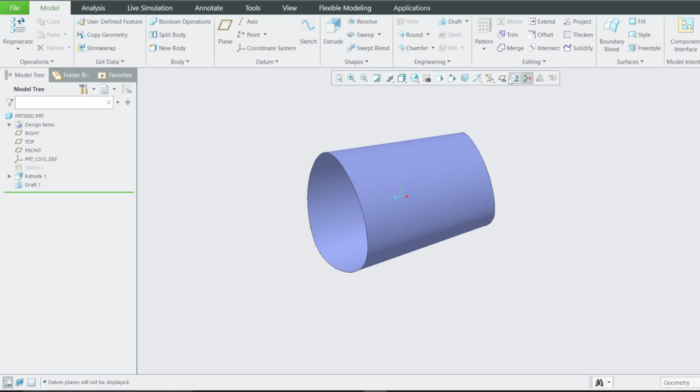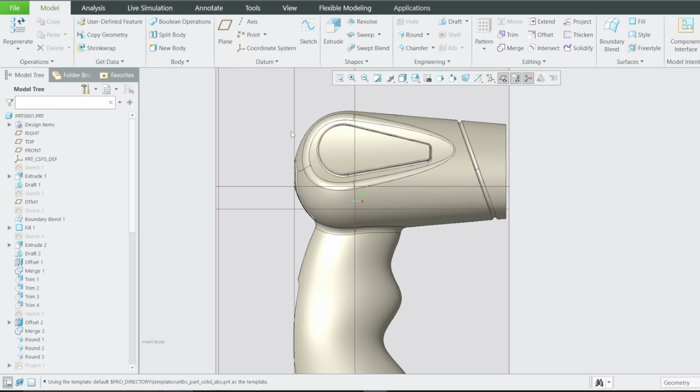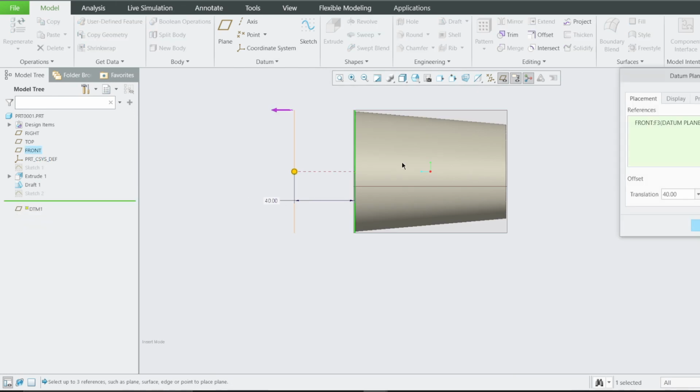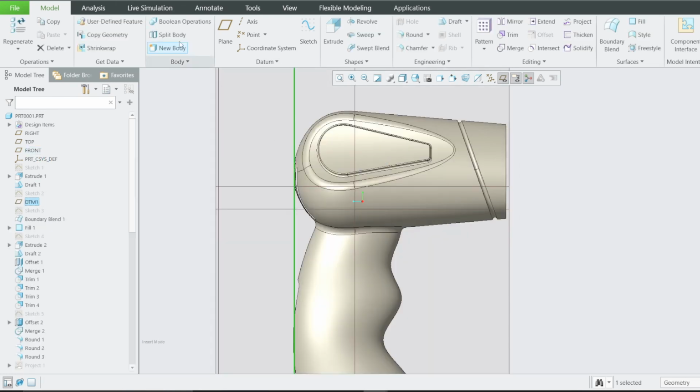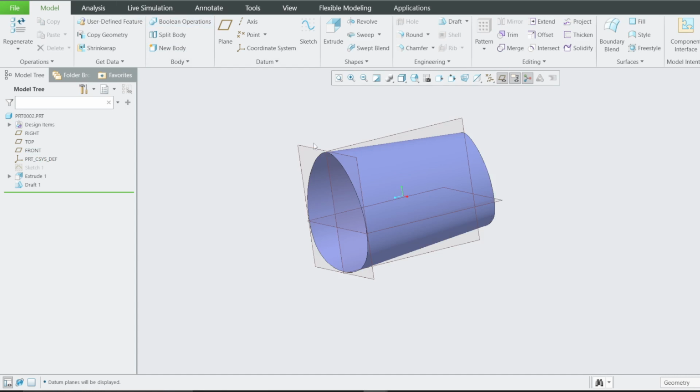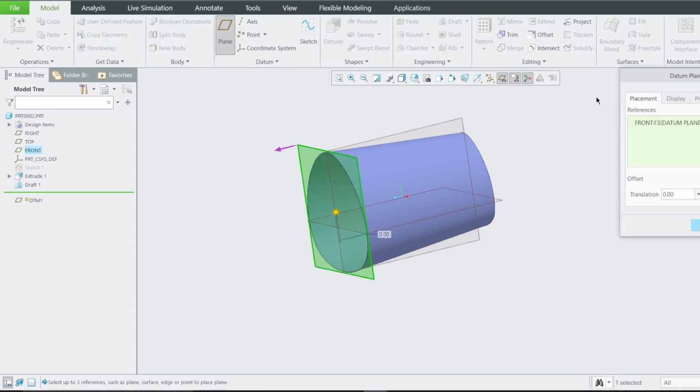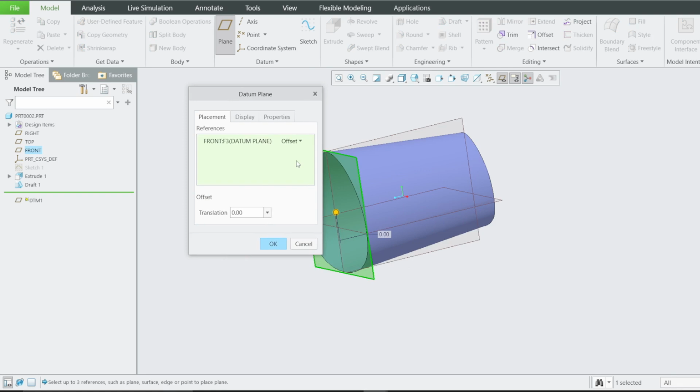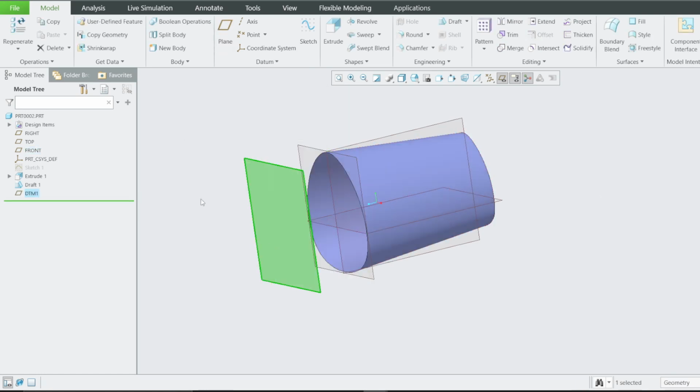Then we need the back section here, and if I go back to this back section, I used a plane. I want to see what this plane is for. It is 40. Yeah, the plane is 40. Therefore, you need a plane here, an offset plane by 40. Now this is the plane we're going to use to finalize the back section